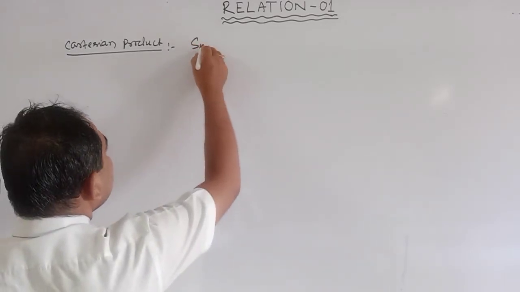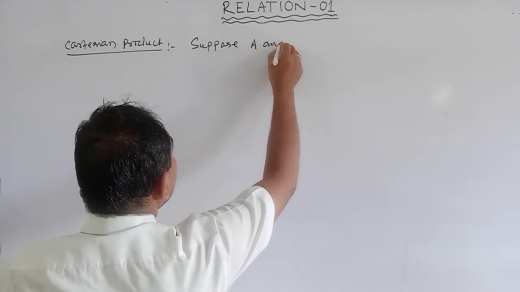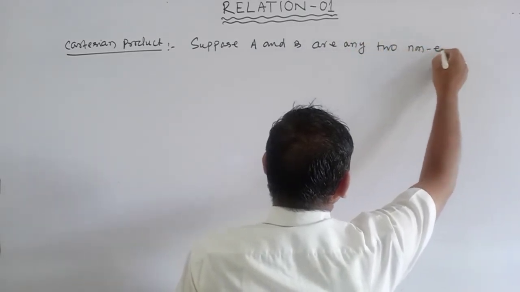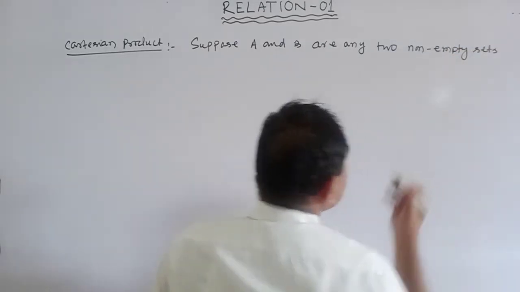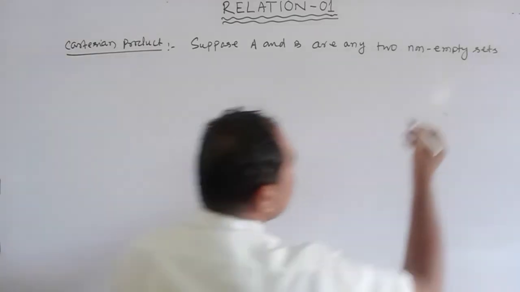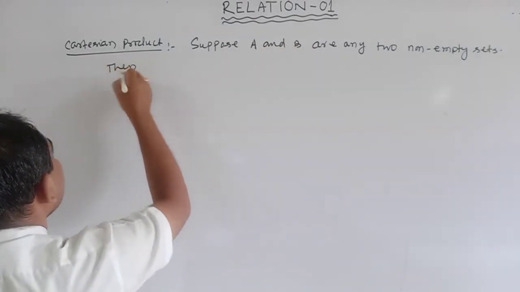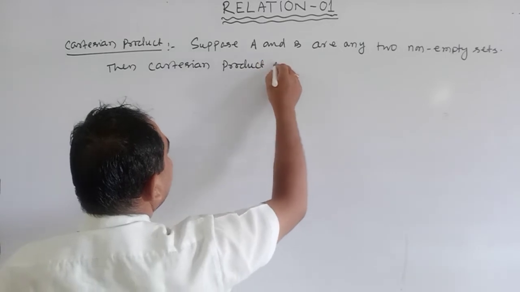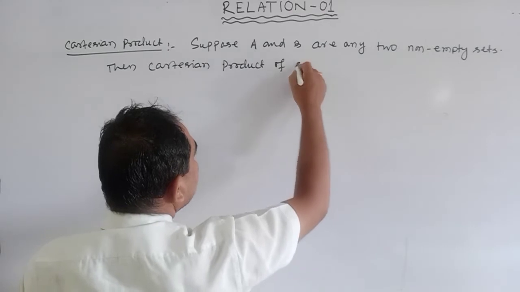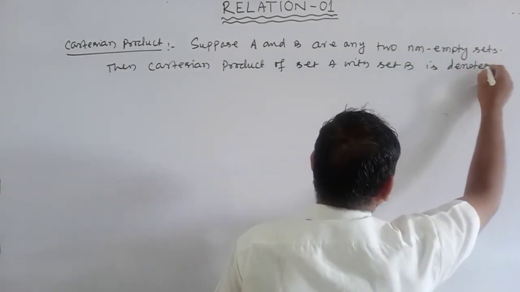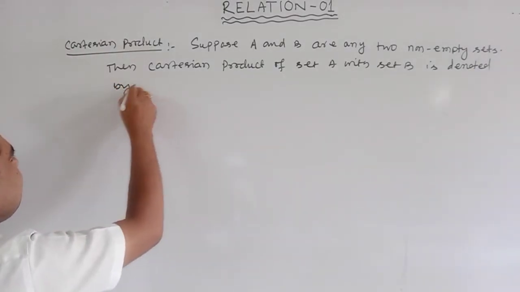Suppose A and B are any two non-empty sets, then their Cartesian product of set A with set B is denoted by A into B,